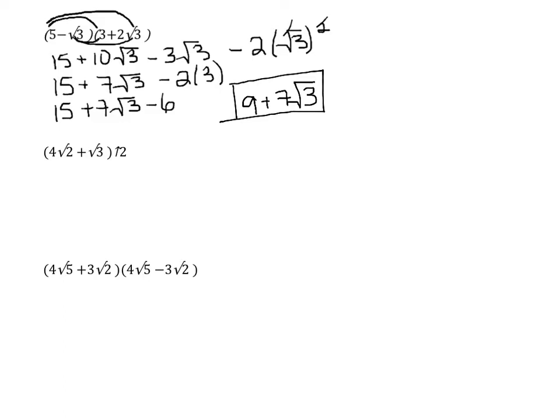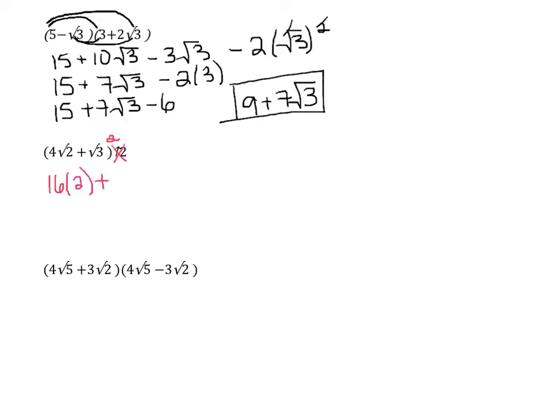Taking a look at the next one, and on this it's really not showing up well. It's this whole thing squared. So again, the same rules apply. We can say a squared plus 2ab plus b squared. So a squared would be 4 square root of 2 squared. So that's 16 times 2